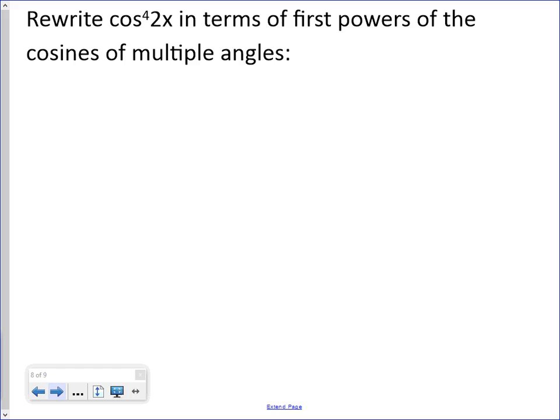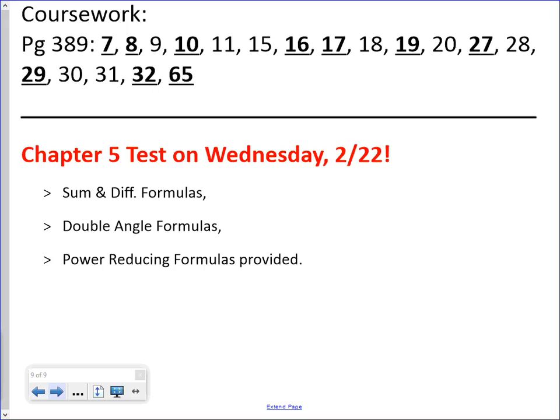Okay. Here is your homework assignment, and Chapter 5 test will be next Wednesday. All those formulas that we just went over are going to be provided to you. I'm gonna write up the first few problems so you can get started on some of them in class. We've got about 7 minutes or so before the bell rings. Okay, so I'll write up and you might be able to solve a couple of the first ones. They are equations, so they won't take